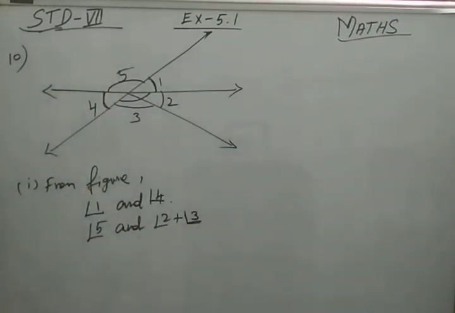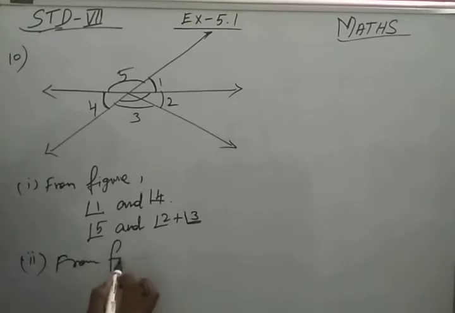Angle 2 plus 3 is a vertically opposite angle. Okay. Next one, linear pairs. They are asking for the linear pairs. So the next, the second option, is linear pair. So from the figure,